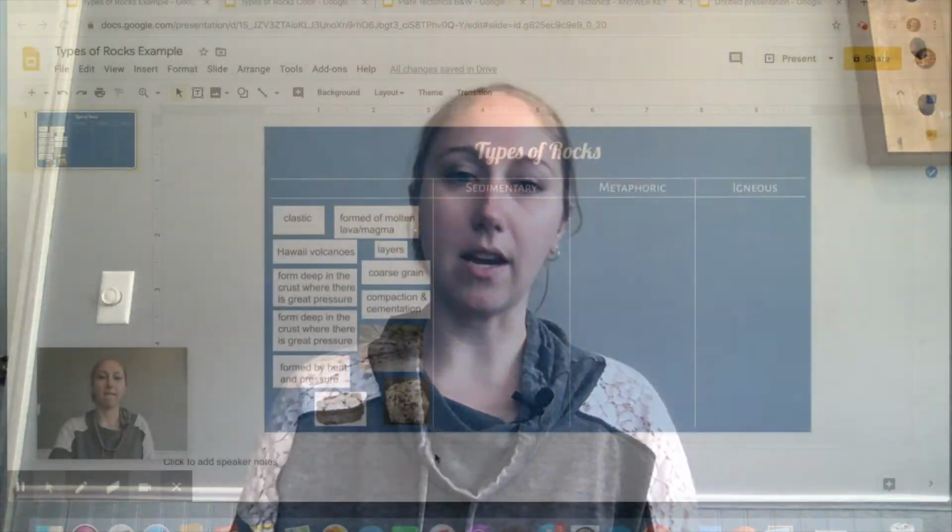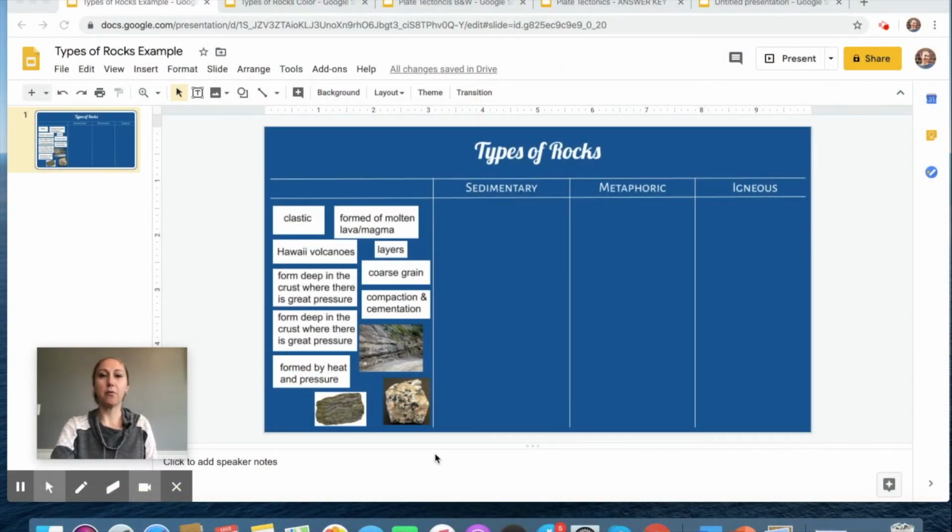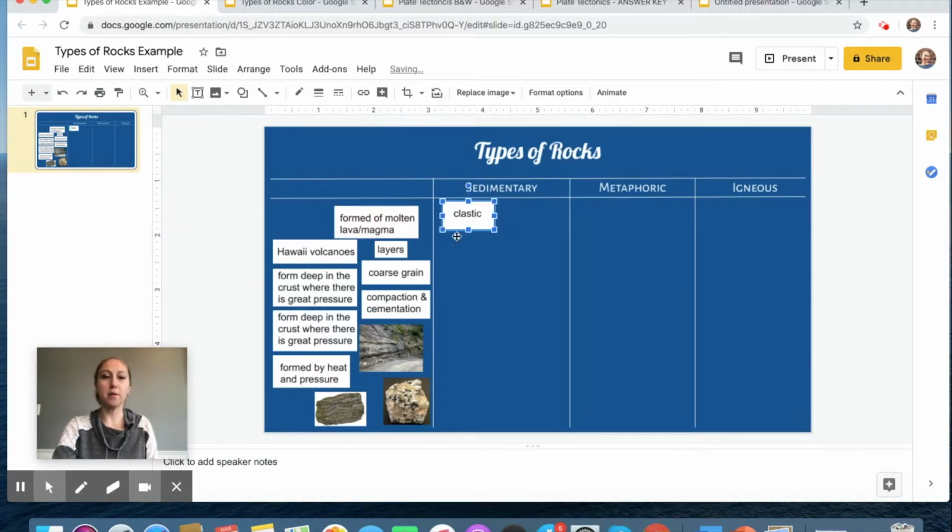These are really great for just checking student understanding or as a little activity that's going to be a bit more interactive than simply writing down the answers. Here's an example of what we'll be making today. As you can see, students can click on the background, but they're not able to manipulate anything. But what they can do is move the terms and the images that you've set for them into the correct